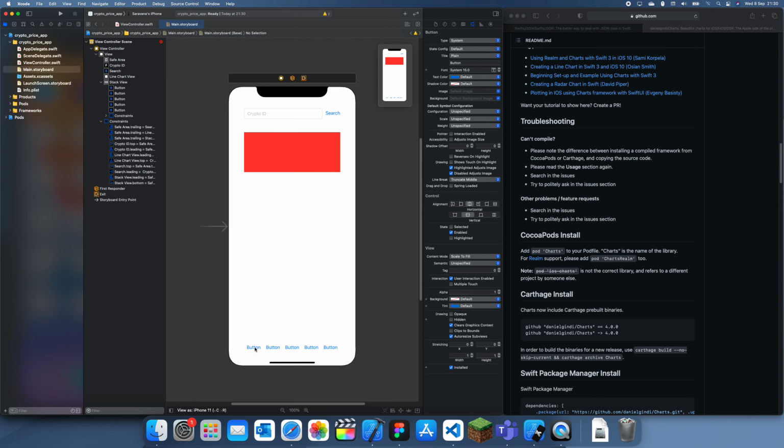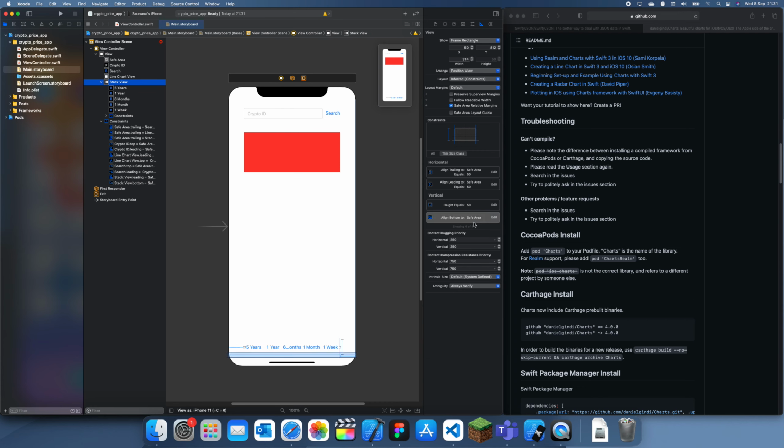Okay, now we have 5 buttons. I can give these buttons names. So this button can be called 5 years, 1 year, 6 months, 1 month, and 1 week. I should probably make the stack view a tiny bit bigger, just because now the buttons don't really